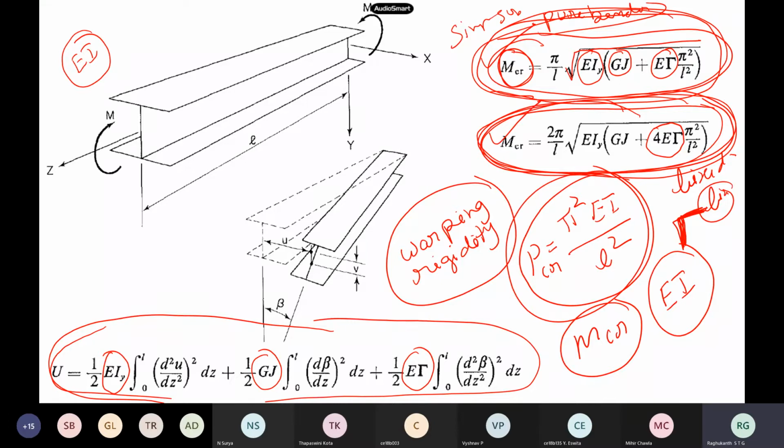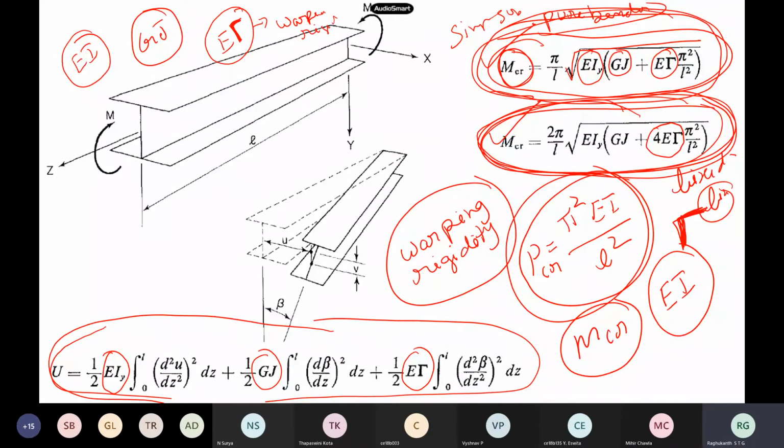Modulus of flexural rigidity, we say generally. It is bending, so flexural rigidity. What is GJ? Shear rigidity, or torsional rigidity also, because J is a polar moment of inertia. Torsion is also the same as shear itself. Now, E times this one is also like a moment of inertia, but it is a warping thing. This we call the warping rigidity. You followed? For circular cross sections you can neglect it, but for an I section it will be significant. This warping rigidity also will be there.